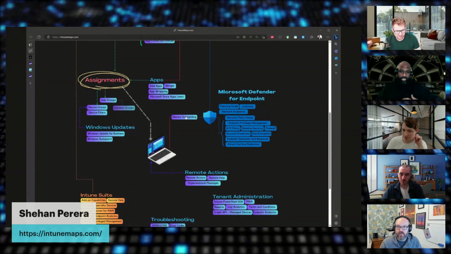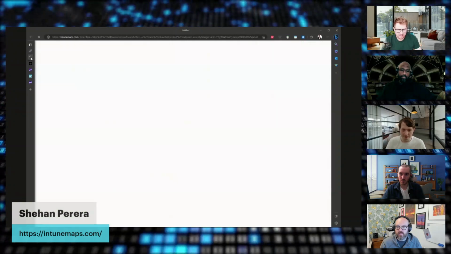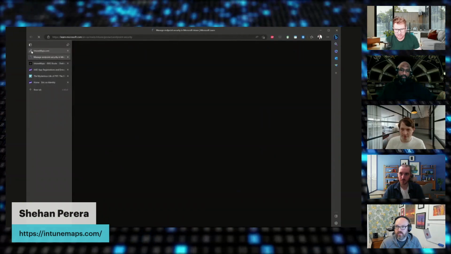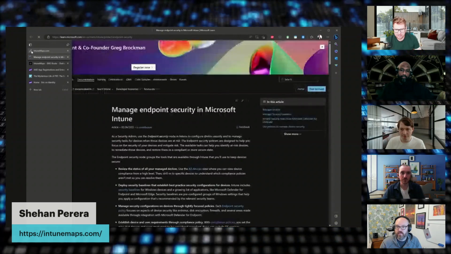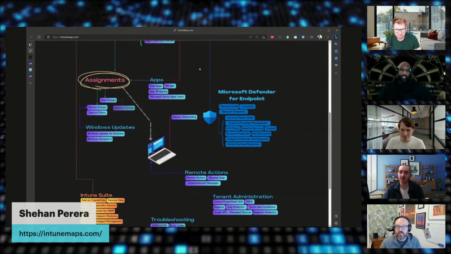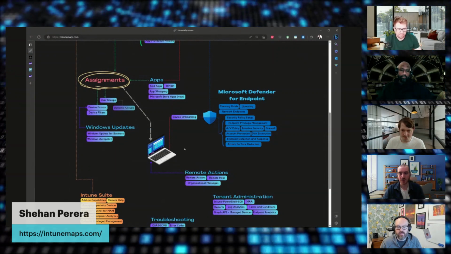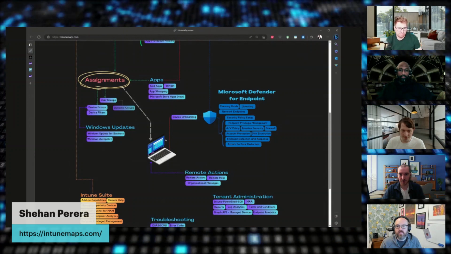Yes, all the buttons are clickable, so that will go on to a learn page. I think people will appreciate the visual layout rather than just a list of URLs. Those have already existed, right? Exactly. There are community sites that will list all of the URLs, but some people learn better by seeing where